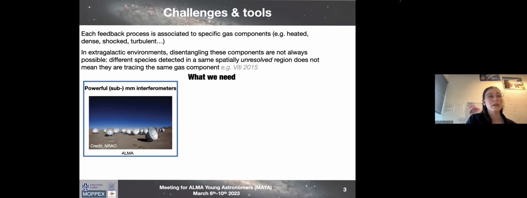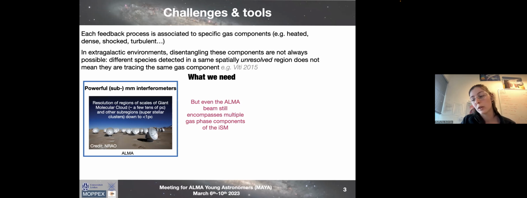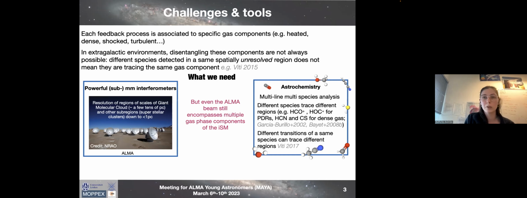So what we need is, of course, powerful submillimeter interferometers such as ALMA, and there are recent efforts that succeeded in resolving regions at the scale of giant molecular clouds, so a few tens of parsecs in nearby galaxies, and they even succeeded in resolving subregions, at less than 1 parsec scale. But still, even with this high angular resolution, there are multiple gas phase components of the ISM within one beam. So another powerful tool that we can use is astrochemistry, and in particular multi-line multi-species analysis,